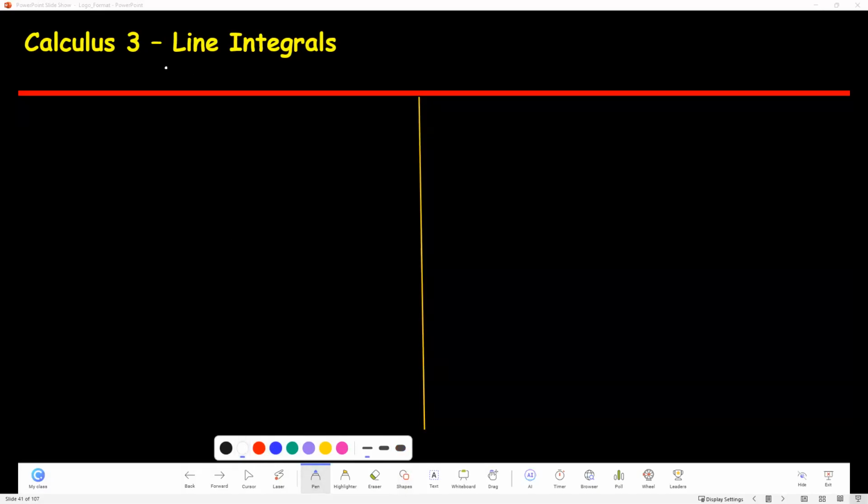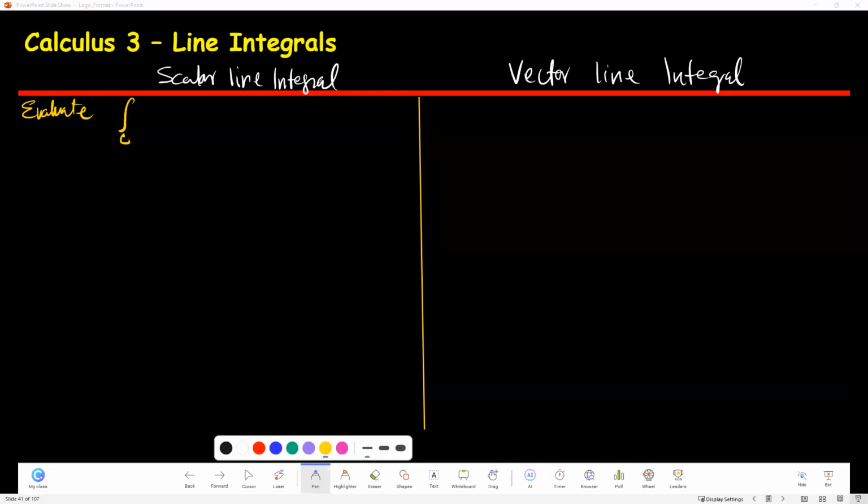On the left side I have a scalar line integral. On the right side we have a vector line integral. Okay, and let's evaluate both. This C means curve and the integral sign means integral, and it's giving 3x squared minus 2y ds,